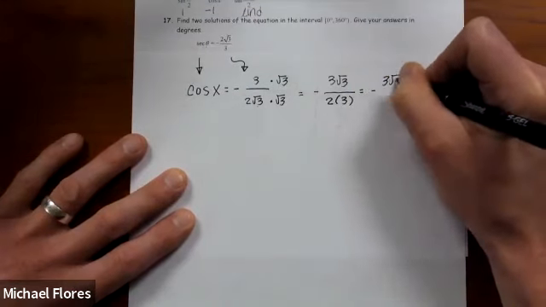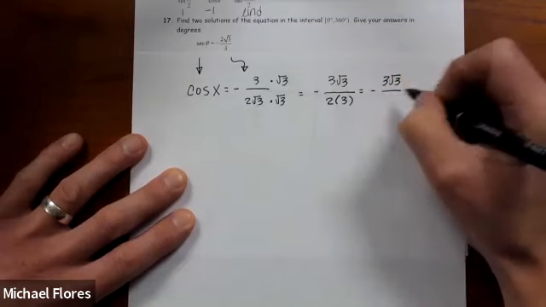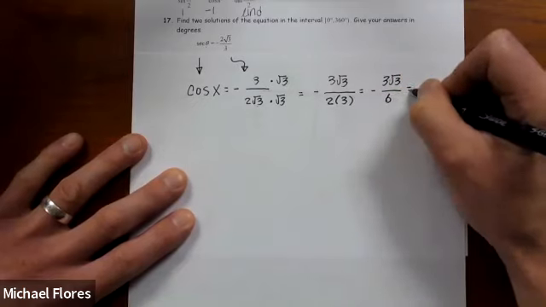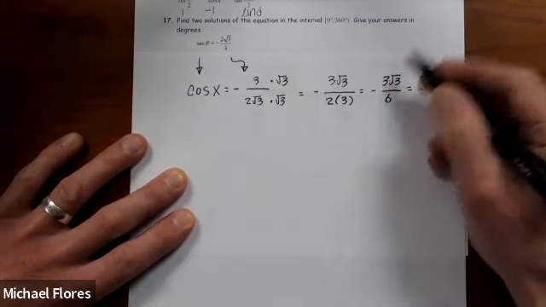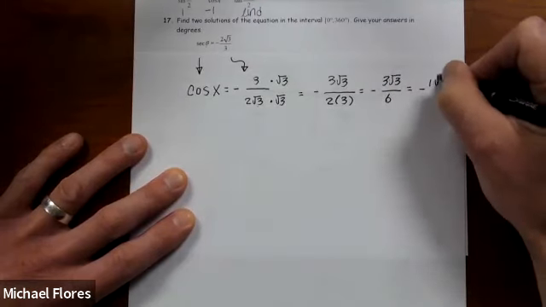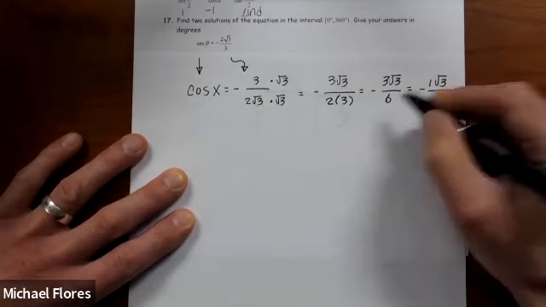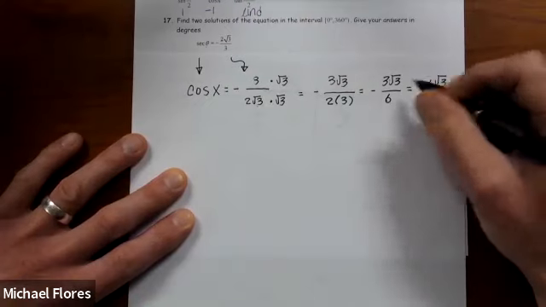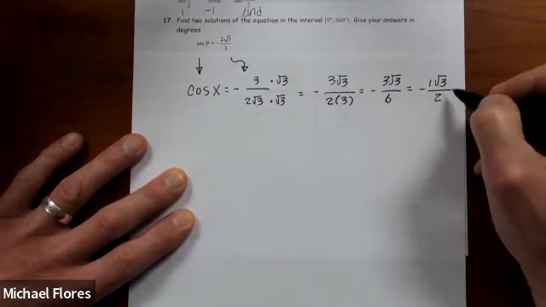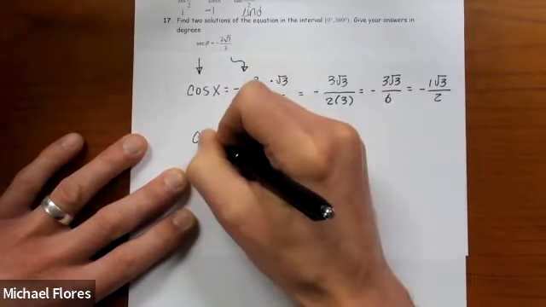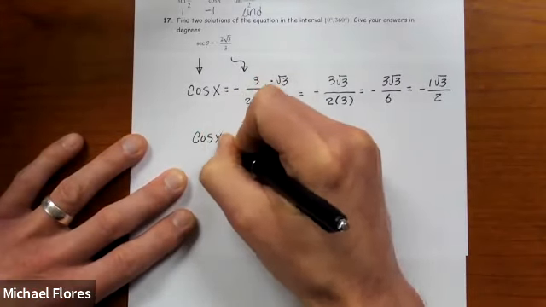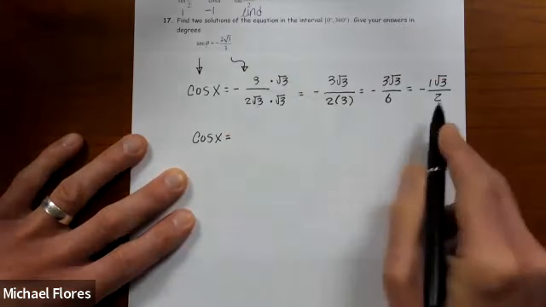Simplifying a little bit further. 2 times 3. -3 goes into itself once. It goes into 6 2 times. So 3 over 6 reduces to 1/2. You're almost fully simplified. Cosine of x equals